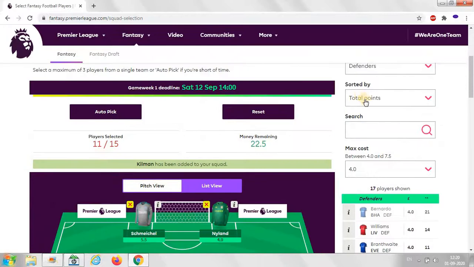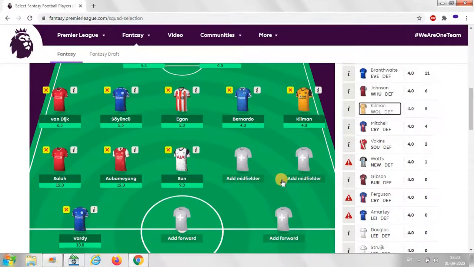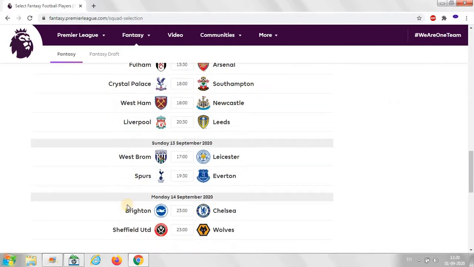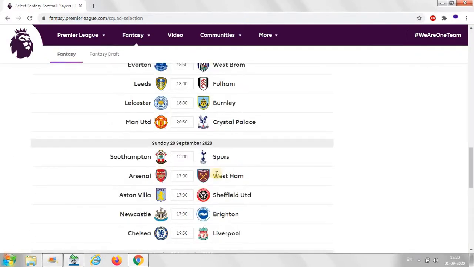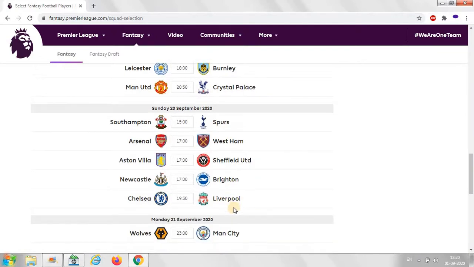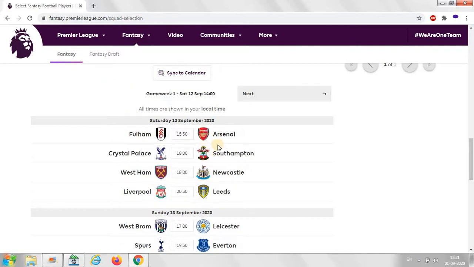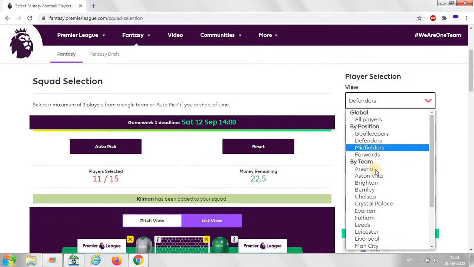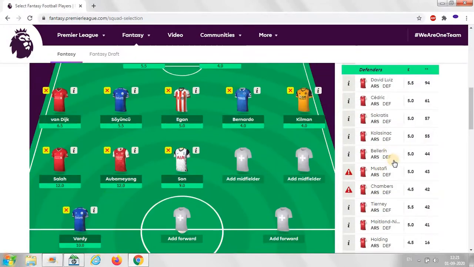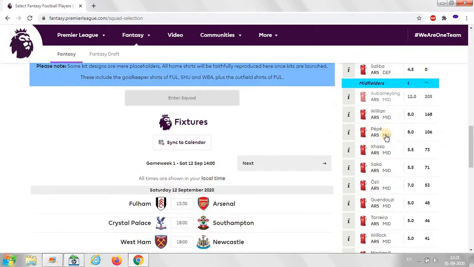So what I think is better, we will select Chelsea, who have a good chance of scoring because of Brighton, as well as next is Liverpool. So Liverpool is a concern. I don't know, Arsenal midfield doesn't have any guys who are scoring midfielders apart from Villa and Pepe. I don't know, Pepe is costly also.